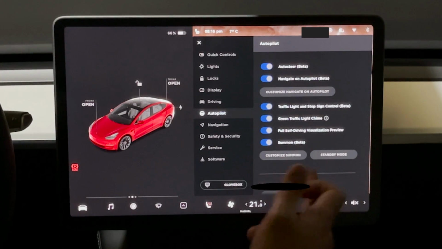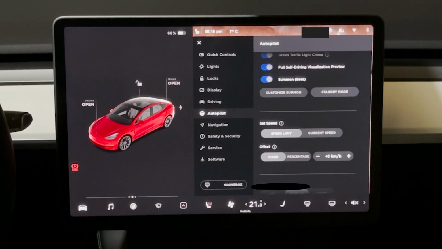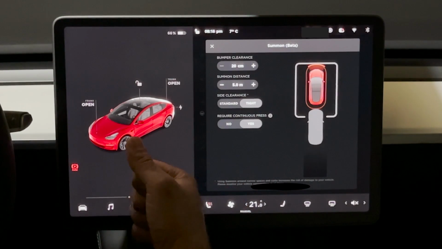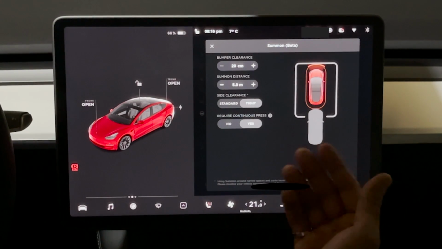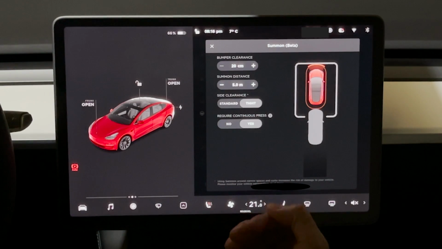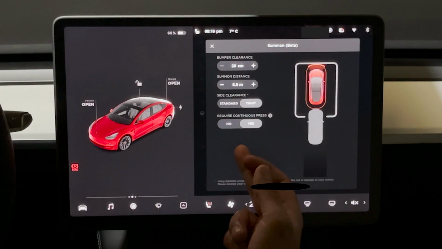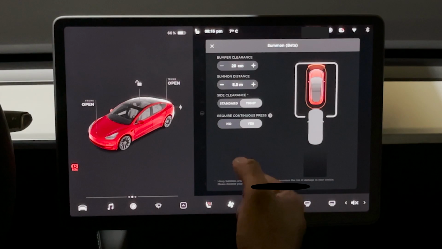I have also kept summon turned on, so that if I am outside I can summon the car through my mobile app. Here I have the options to select what kind of bumper clearance it is, if the side clearance is tight or not, how far away I should be at the least for summon to start working, and if on the app, I need to continuously press on the summon button for the car to move or stop, which is really